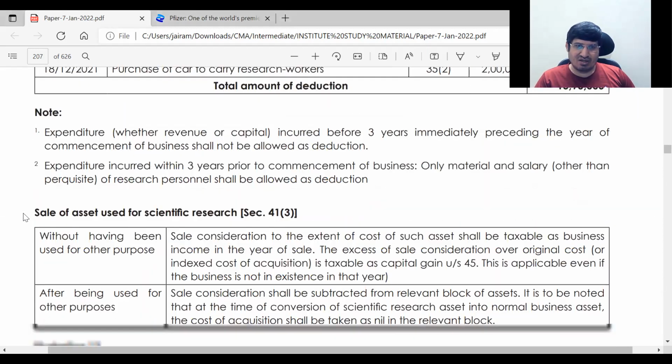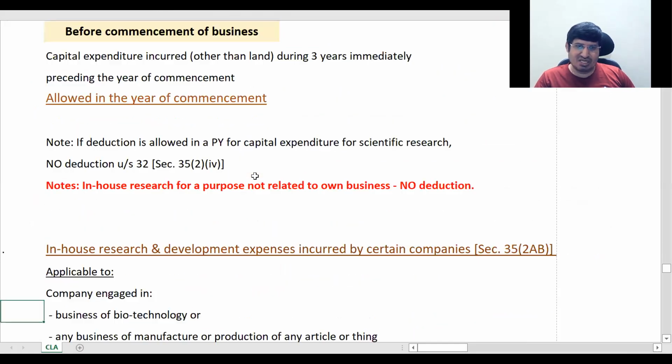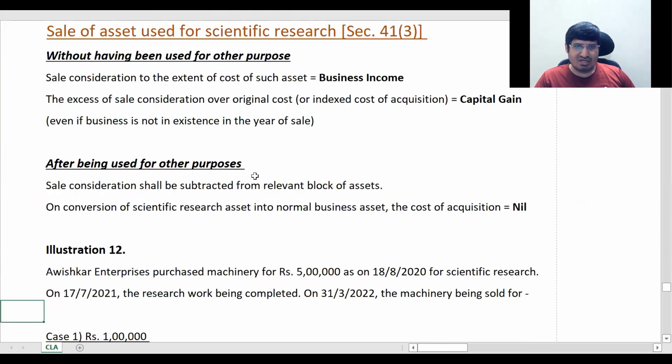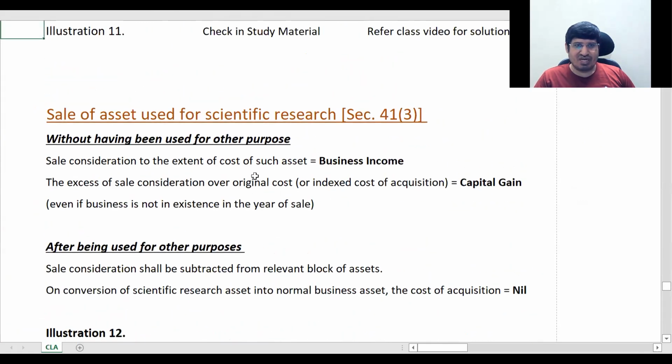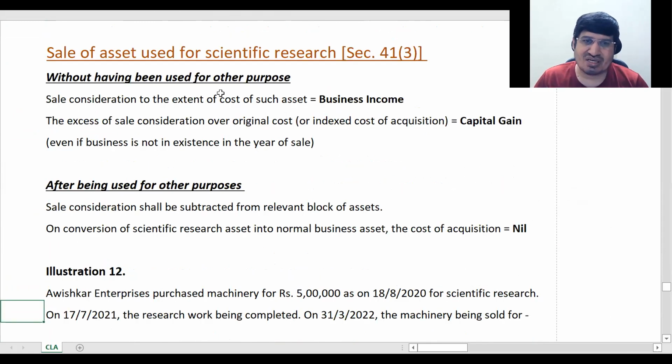Okay. बस इतना ही है. We finished this section. Only one small thing is remaining. Okay, this problem also we have done. A sale of asset used for scientific research. Okay, if you have been using an asset for scientific research and you have sold it, so here the treatment